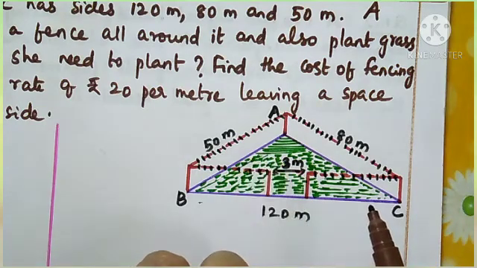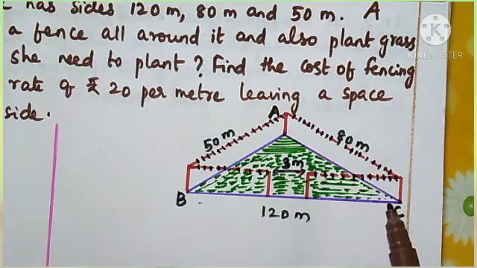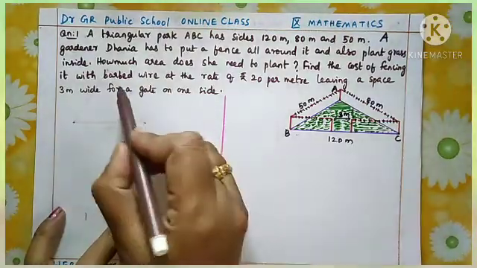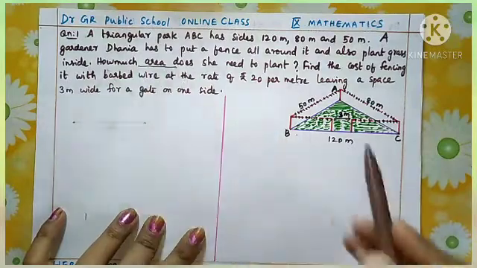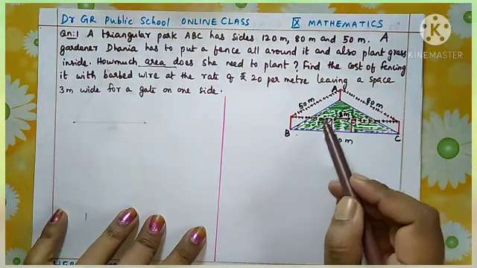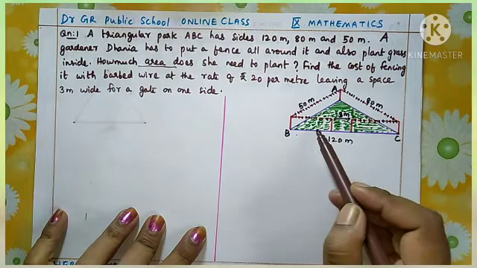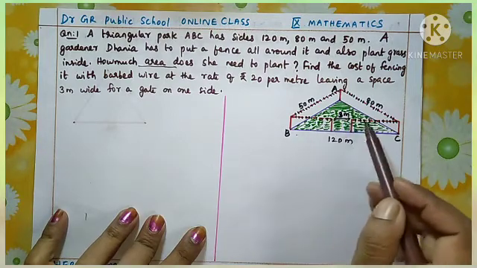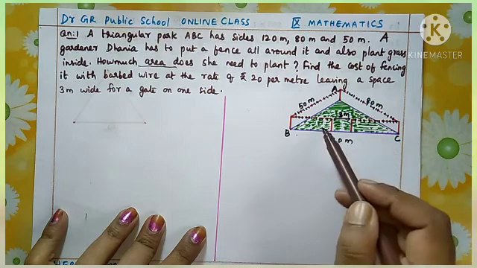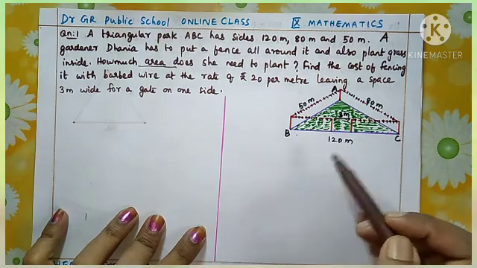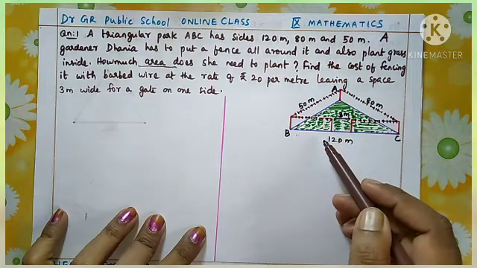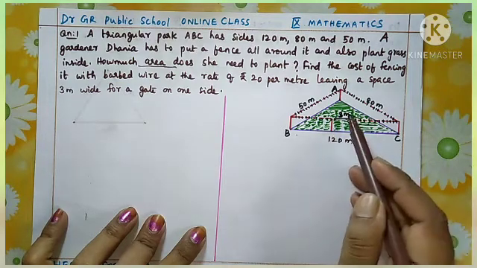So from this what you want to find, children? Any idea? Here what are the things we want to find out? Our first question is how much area. How much area means we need to find the area of this triangular park. The space inside, this area we want to find out. And we know to find the area of a triangular region using Heron's formula. So that is our first question.